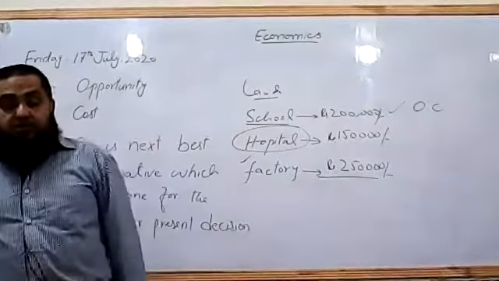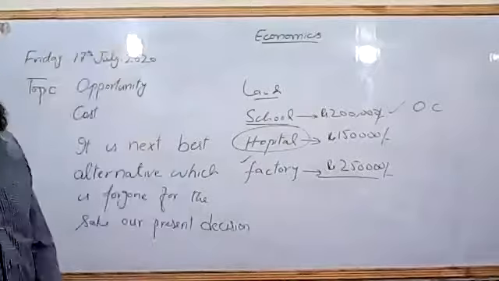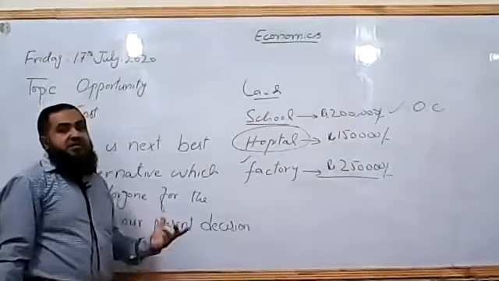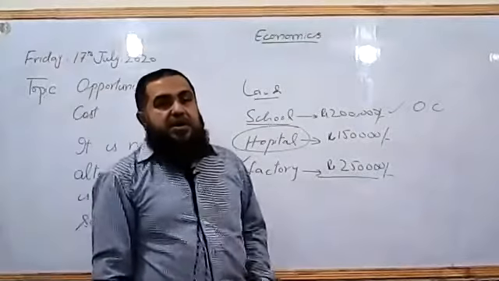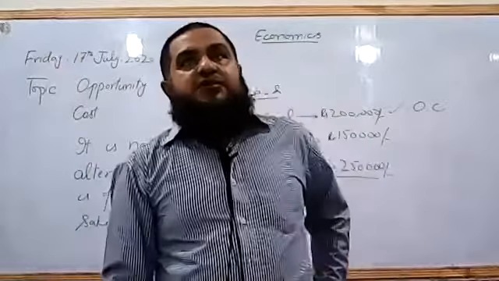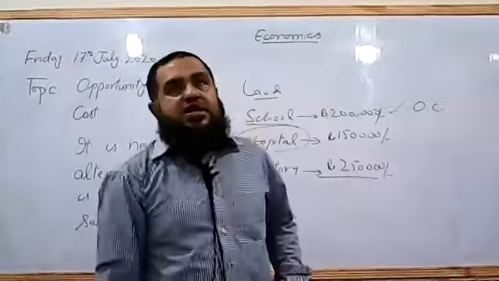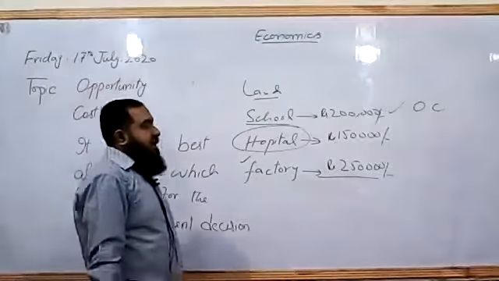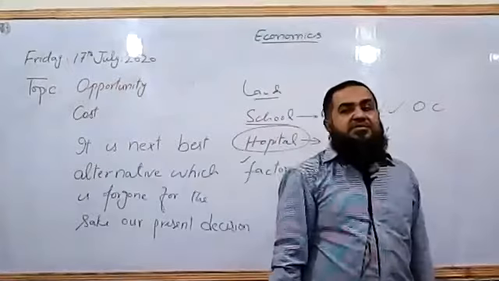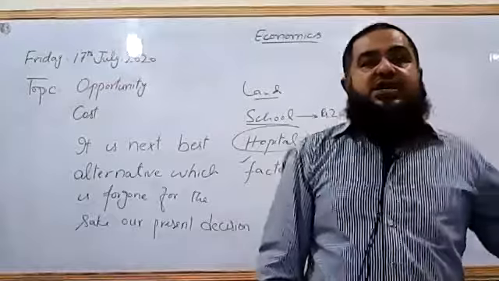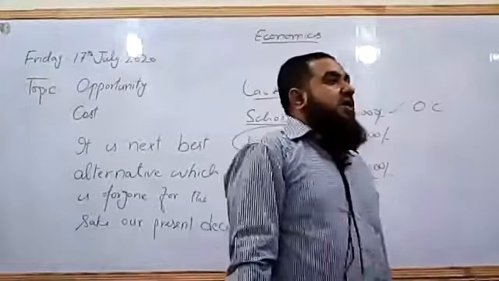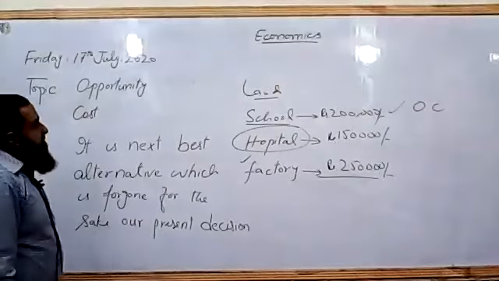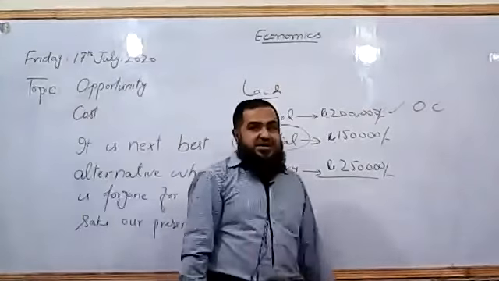It is measured in terms of money. Now, I want to mention one more thing. This is not always measured in terms of money; it can be a choice which is given up or sacrificed. Suppose you are taking economics and sacrificing computer studies or other subjects available to opt for. In that case, the opportunity cost is not measured in terms of money, but the other choice that is given up is the opportunity cost. And if you are traveling to Lahore, you will be sacrificing this class, so the opportunity cost is present.